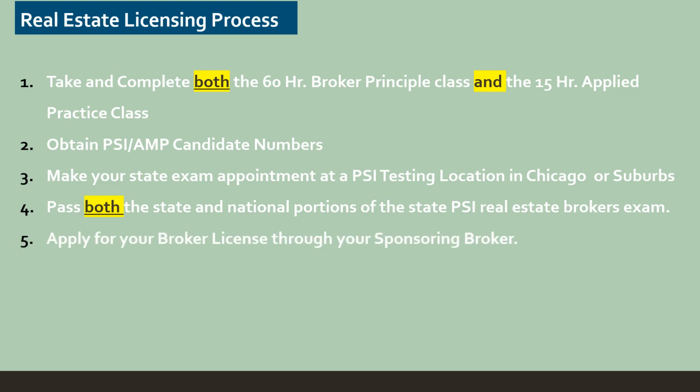Then after you've taken and passed both portions of the state exam, that's when you'll apply for your broker's license through your sponsoring broker, or sponsoring brokerage company. When you're ready to go to work in the real estate business, you'll identify a sponsoring broker who is going to hire you, and you'll apply through that brokerage firm to get your broker's license. That's a little bit beyond where we're at right now, but it's a licensing process that they understand and you'll get a link to, and it's not that complicated.